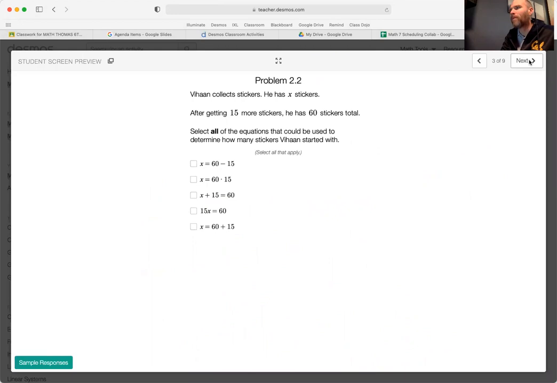Okay, so this is the same prompt. It's still about Vihan having X stickers, and after he got 15 more, he had a total of 60. And they want us to select all of the equations from these options that would give us a true value for X. So X equals the number, this little symbol right here, you might think of as hashtag most of the time. It can also be used as an abbreviation for number. Number of stickers